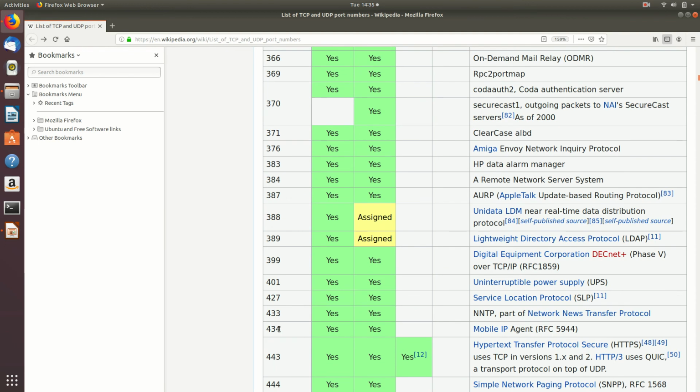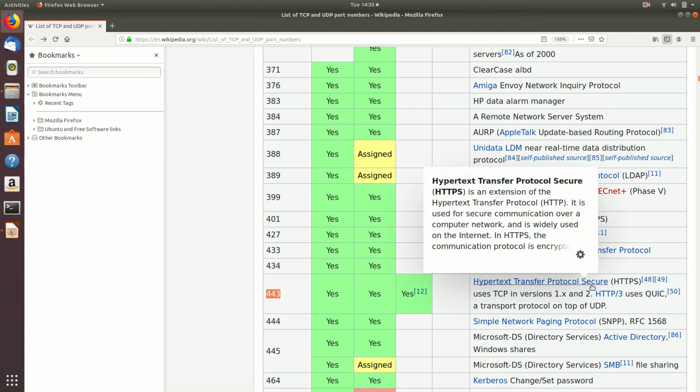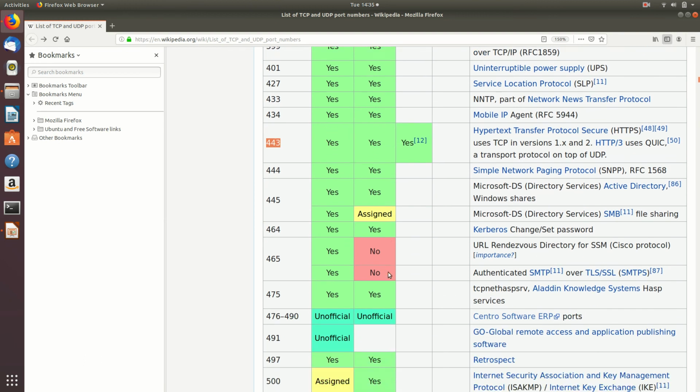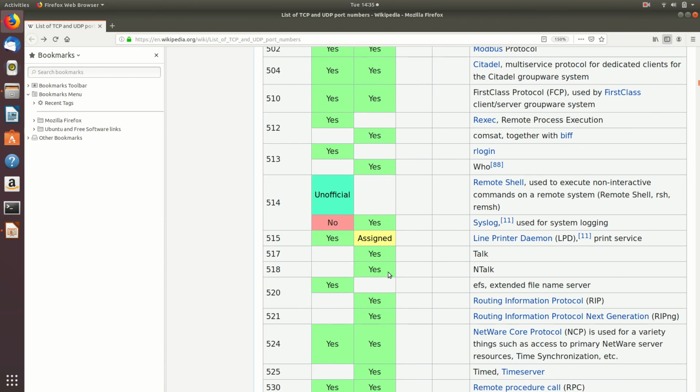Yeah, I think with this we will stop. 443, that is used by what called the Hypertext Transfer Protocol Secure. HTTP is using 80, where HTTP Secure is using 443. So that is the thing. And of course many protocols were listed here, right?